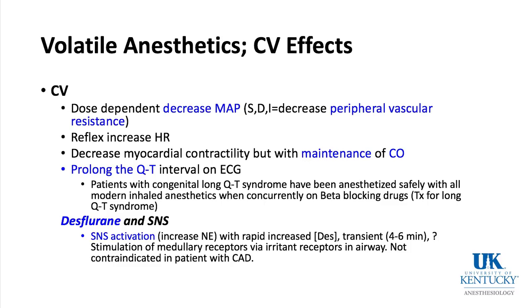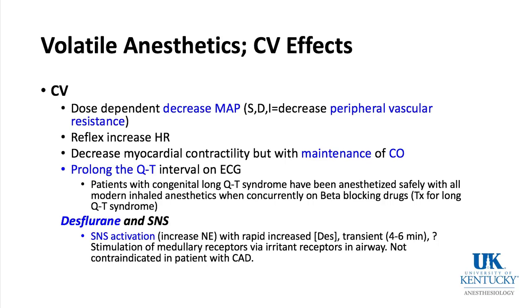a patient has a long QT already for some reason, could be congenital, and you expose them to a volatile anesthetic, could this result in torsades de pointes? And the answer is that patients with prolonged QT syndrome have been anesthetized safely with our modern inhaled anesthetics. Most of them are concurrently on beta-blocking drugs, which is the treatment for long QT syndrome. But in most cases, I think many people would use a TIVA-based anesthetic in a patient with congenital long QT